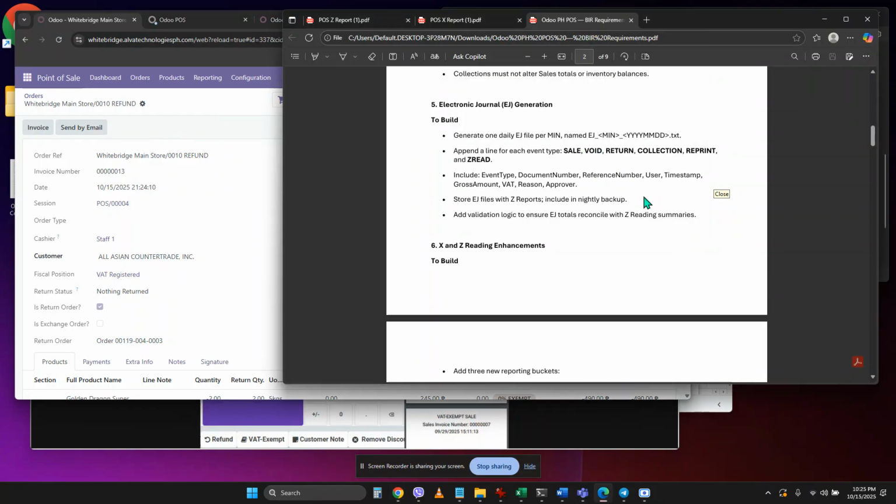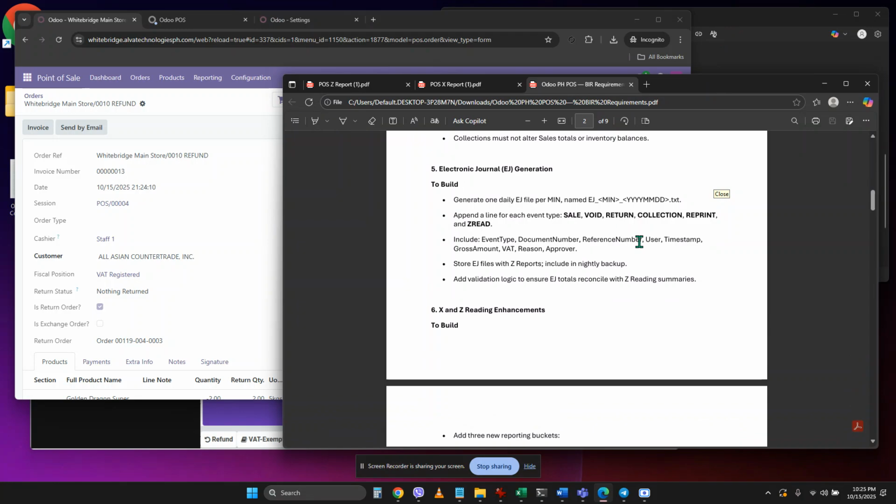I might be wrong here. So when the order has been tagged as return, refund, or void, the existing transactions or existing invoice number will be retained. Okay, so 13 will be retained as is.